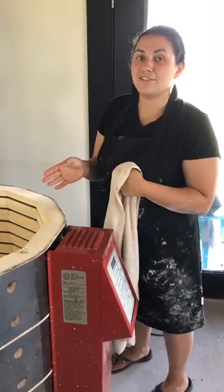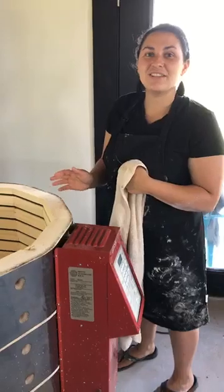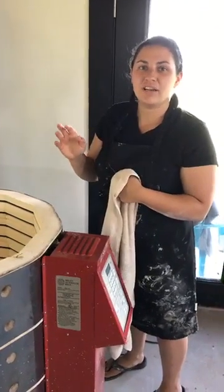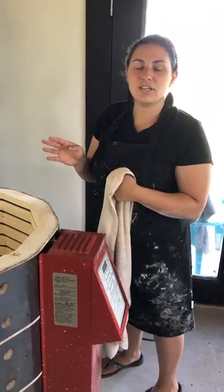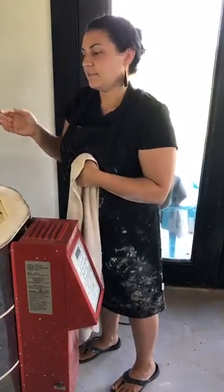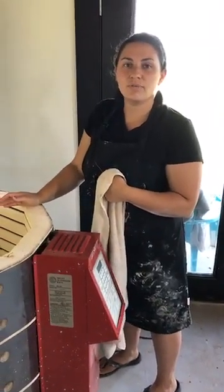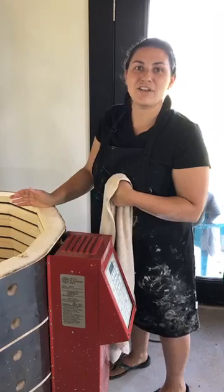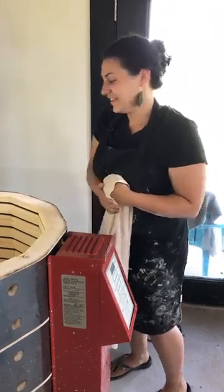But a fun fact about firing in the kiln. When lava comes out of a volcano, it comes out between 1100 and 2000 degrees as a volcano's erupting. Inside of the kiln, for all our mugs that we fire, we actually fire it to 2300 degrees, so hotter than a volcano, which I thought was really cool. Next I can show you...